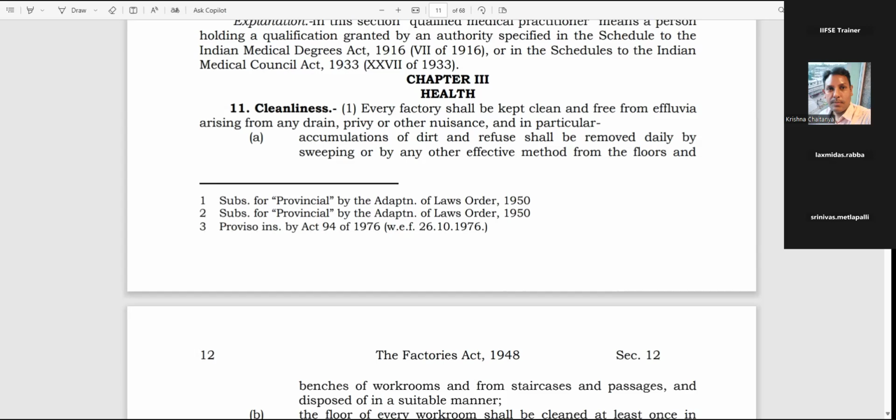Or when my tools and tackles have to be calibrated, I'll go to the safety chapter. In the safety chapter I have section number 28 or 29. Then for the safety officer requirement, I'll go to 40B. Like that. We should just have a copy of the book, so that we can mark it and keep it. It will be easy.